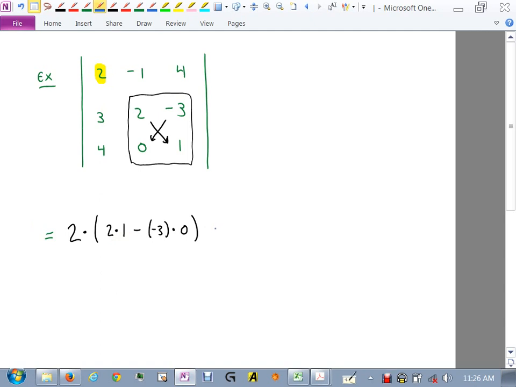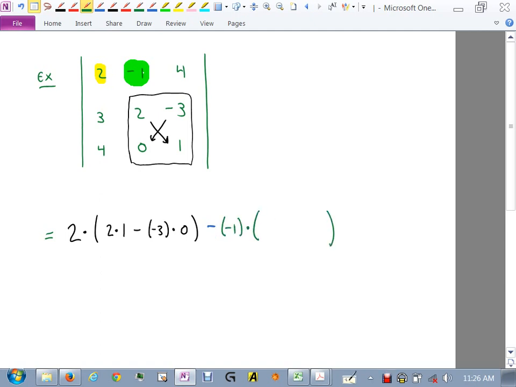Okay, now, next part, what? Minus, right? Minus, because that's the formula. You have to remember, the first one's plus, then the second one's a minus. So I put minus, and now what number am I looking at? Negative 1. But it's negative, isn't it? So it's going to change it back to positive. But you had to account for that negative in there. So you'll have negative 1, but then times what?